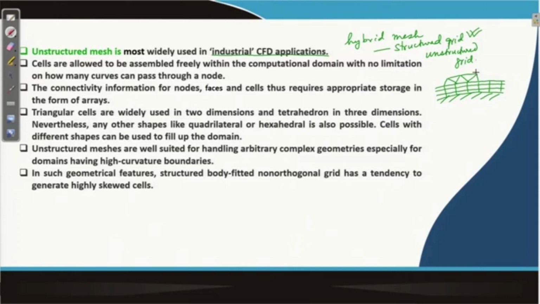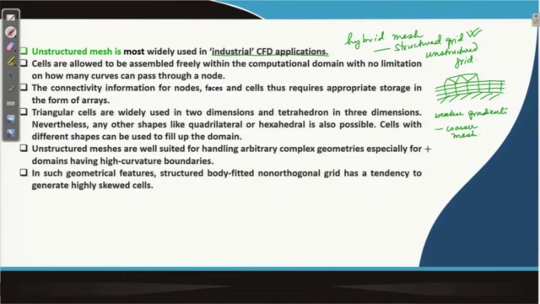That can also save a lot of computational expense. So, in regions where the gradients are weaker, you can afford to have coarser mesh,